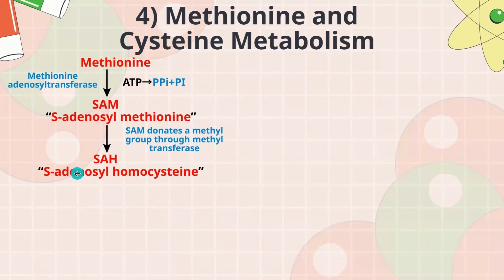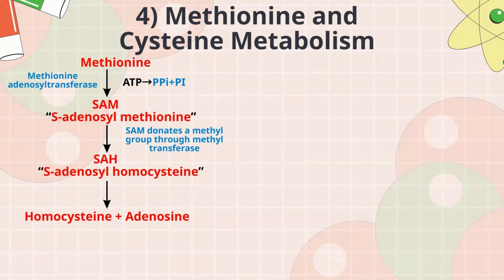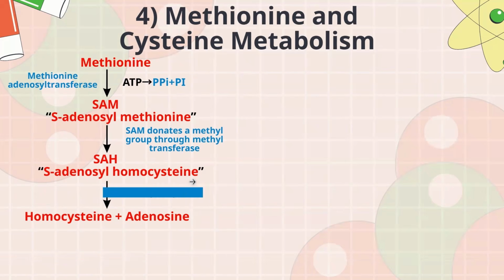So SAH, S-adenosylhomocysteine, because it's a big molecule, will eventually give two things. We're going to hydrolyze it by adding water and cleave it, and it's eventually going to give homocysteine, and the S-adenosyl part is just going to give adenosine. And this is very important, okay, because eventually homocysteine will undergo changes, and the reason it needs to undergo changes is because it is toxic. If too much remains in the body, it may cause some problems, okay? And this is not really a good molecule, which is why we have two pathways to ensure it's removed.